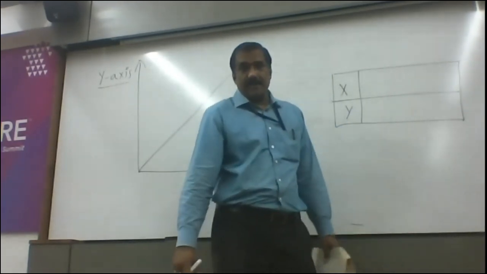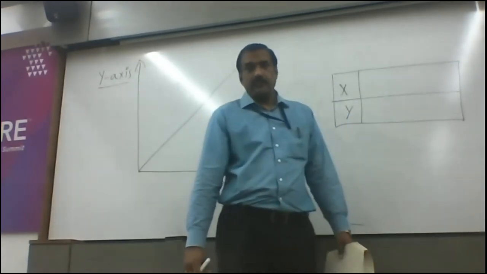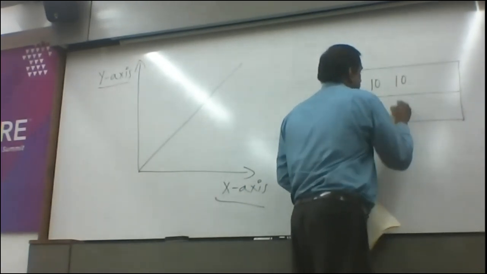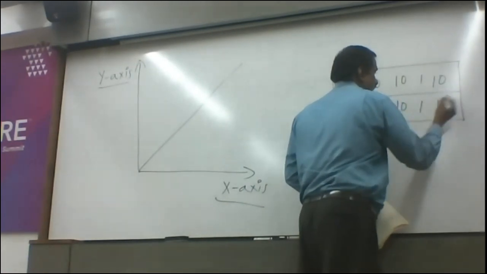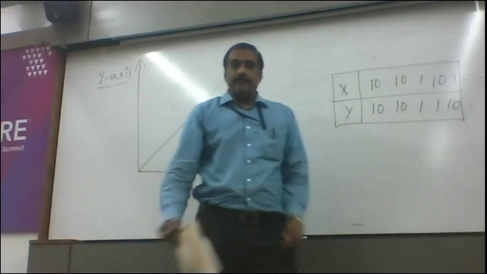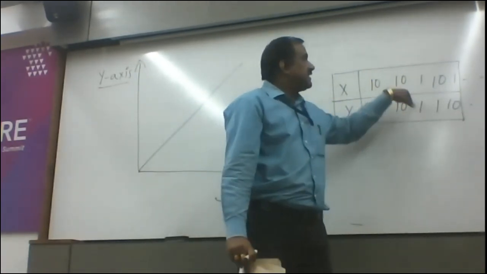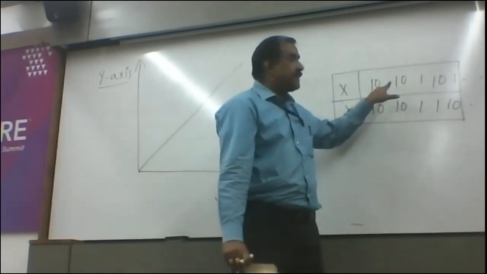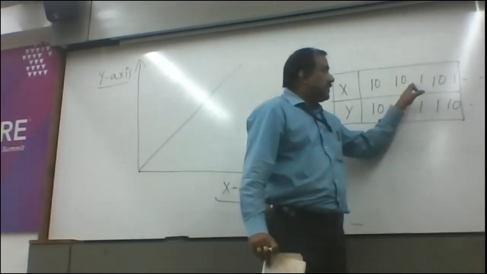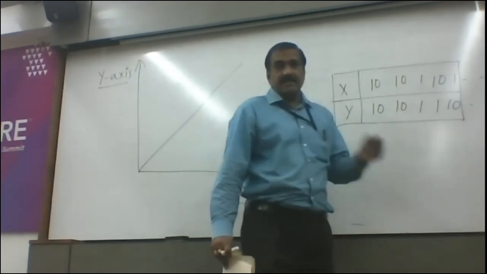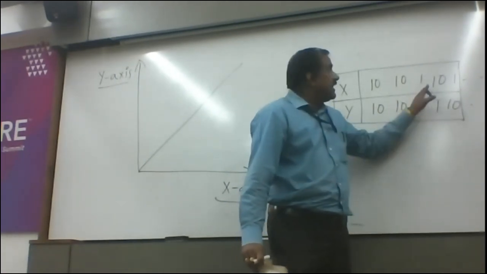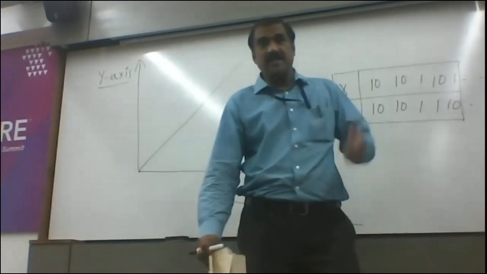If you see here, we are getting some data like this, exactly matching. On a 10-point scale we have collected the data, and here there is a matching. Whenever the points are matching, 10 and 10 out of 10, X is also the same opinion, Y is also the same opinion. For example, here X is scoring 1 point, and Y also scoring 1 point. Difference of opinion: X is scoring 10, and Y, for example, a completely different opinion.